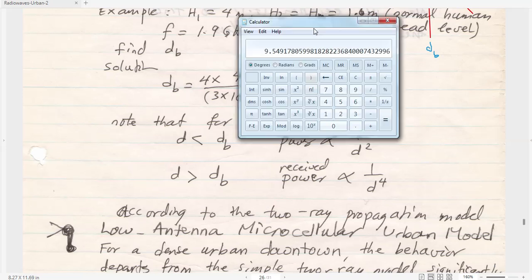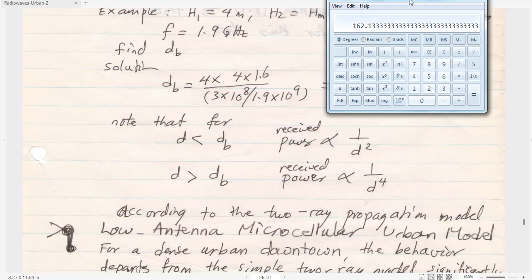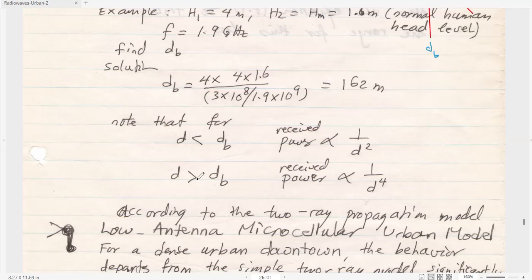We calculate the value here. 4 times 4 is 16 times 1.6, this will be in the numerator, times 1.9 times 10 to 9, divided by 3 times 10 to 8, and the answer would be 162 meter. For d,